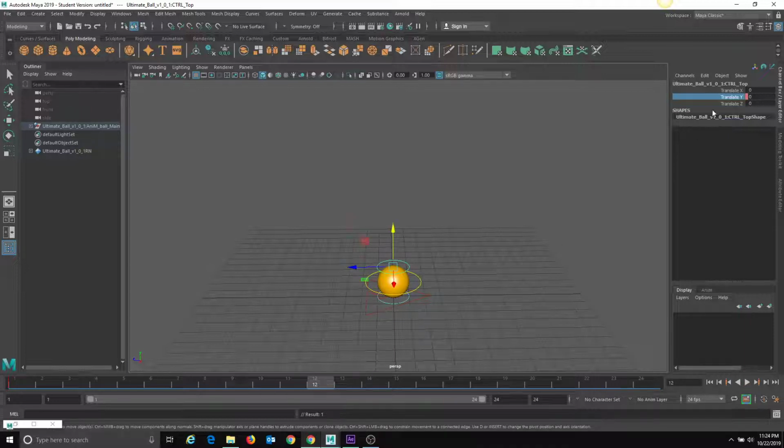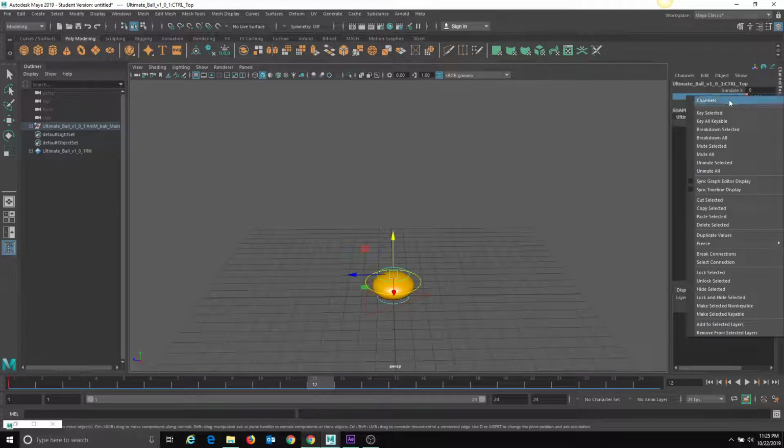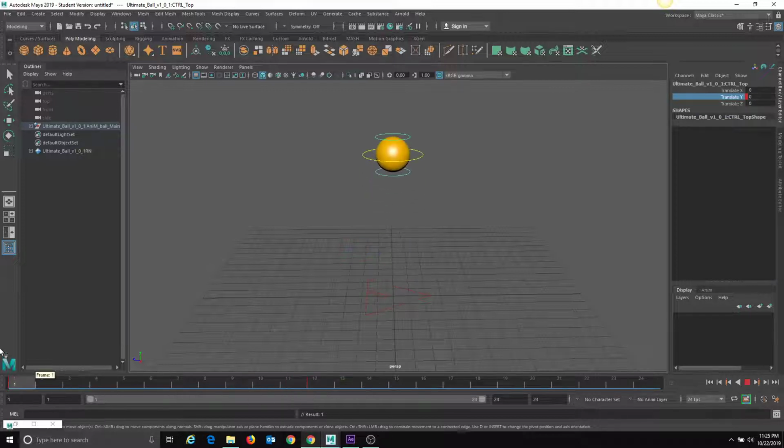That would do the opposite. It would squash. So I'm going to right click, key selected. So now, that's looking a little bit weird. It's not supposed to just flatten out. It should have a stretch. Right now it's squashing. So to put a stretch into here, if you think about it, it's starting to go